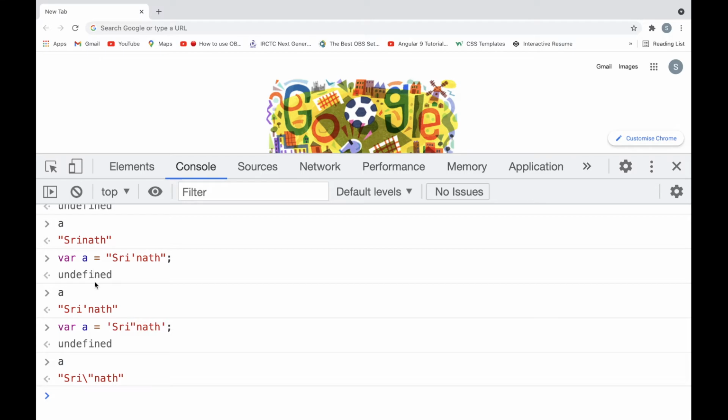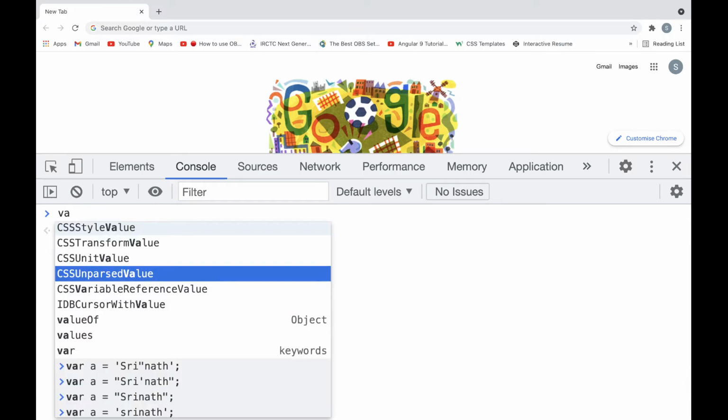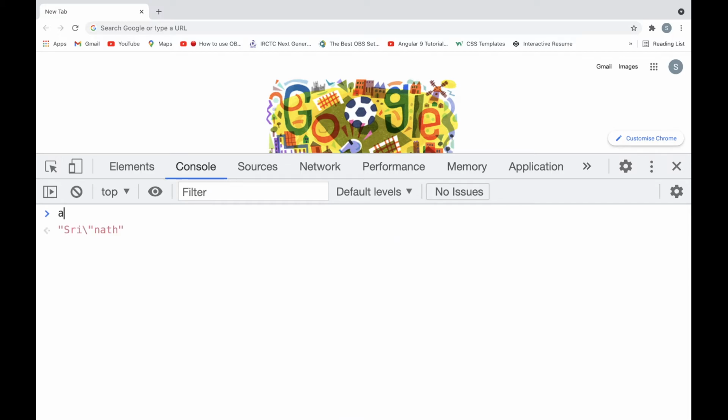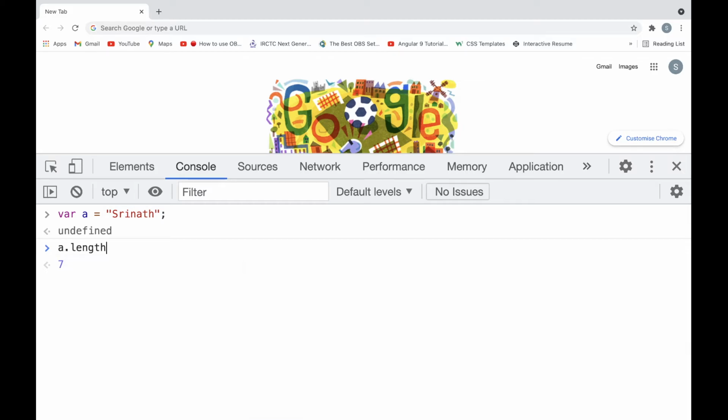And how to use the length: I have this one and I want to find the length. a dot length, and it is coming 7. Now I will remove 3 characters and check the length. See, 4 is coming, because there are 4 characters.